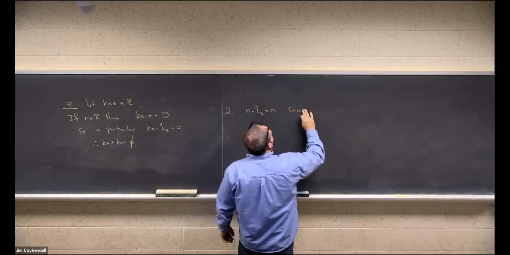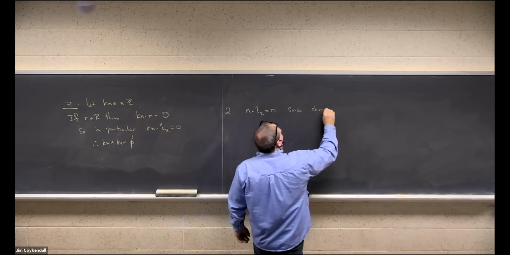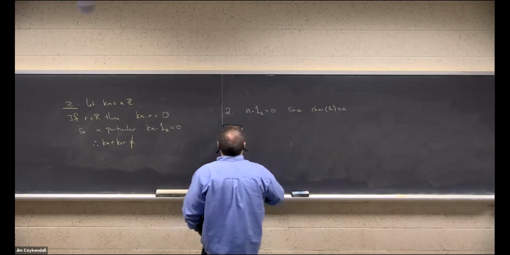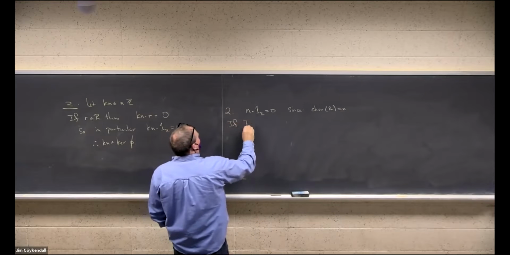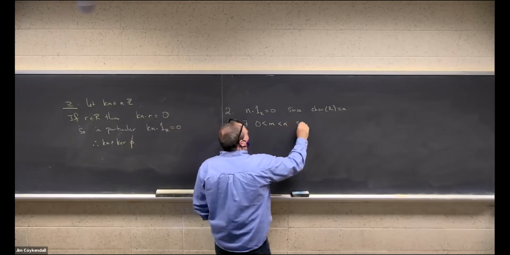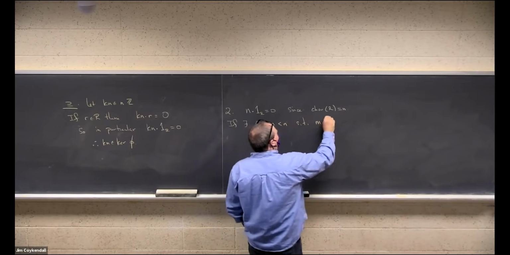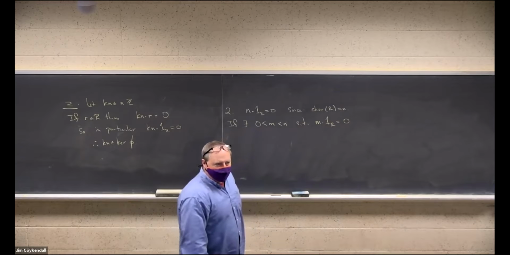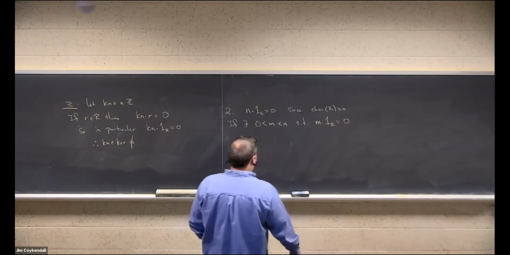Hence, n is the characteristic of R. There exists m such that m times 1r is 0. Then this m will work for everything, and there'll be a contradiction because